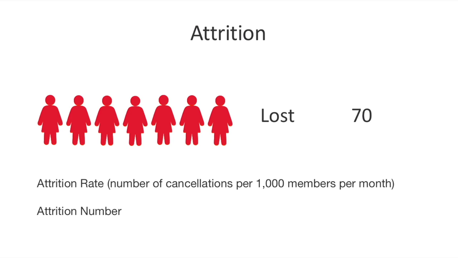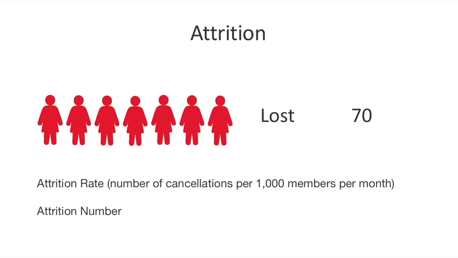Now, it's easy to do that at the club level, and it's easy to do that at the business level of the whole company. We could say this month as a business, we've lost 500 people, we've lost 350 people. At the site level, we can also report it. But if we want to make comparisons between sites, then we need to use a slightly different measure. We need to use the attrition rate.